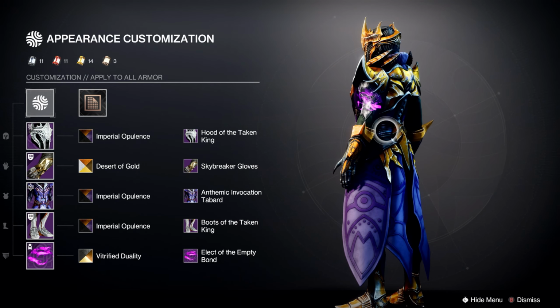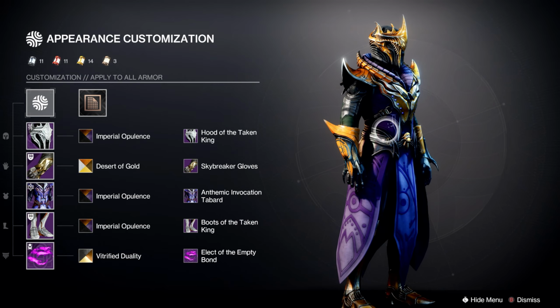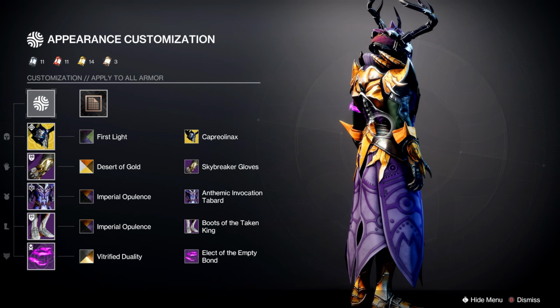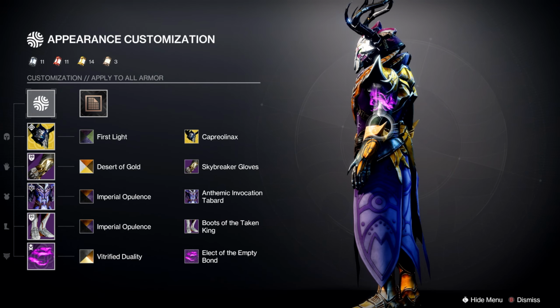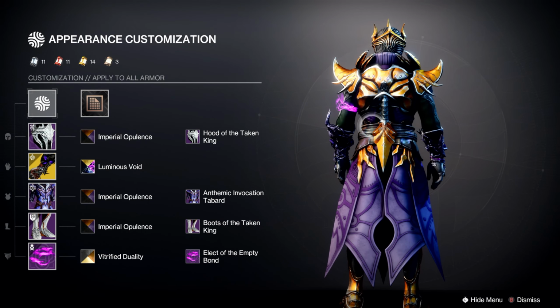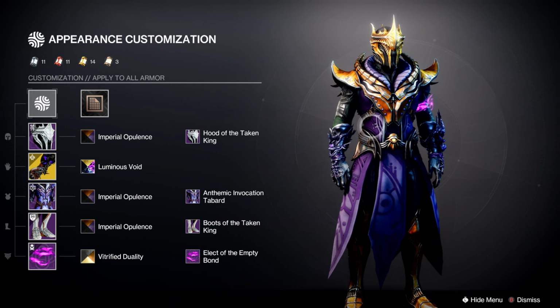which is Elect of the Empty Bond. It's classic Void Bond. It looks like Void energy just swirling around his arm. And like I said before, I kind of wish that Warlocks got 2 class items, 1 on each arm versus just the 1, because you can pick a bunch of different bonds for this character set to put on his arm to make it look Void themed with just a color scheme, but this one is very specifically the Void armor set bond from the Eververse store, so it kind of makes more sense to have this one